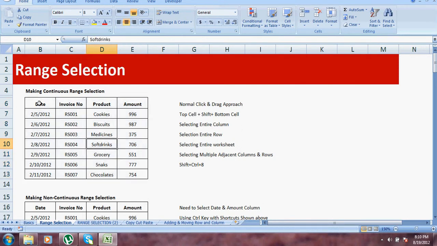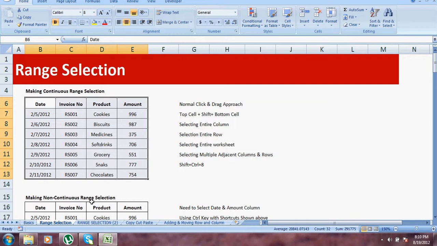You can click it over here, you can press shift control and then right arrow key. It will select the entire data range which you have, and then again press shift control and down arrow key, so the complete data is being selected. Okay, so this is again one more technique for selecting the data. Just again show you, click on the topmost leftmost cell, top leftmost cell, then press shift control, then right arrow key and then down arrow key, so entire data is being selected.